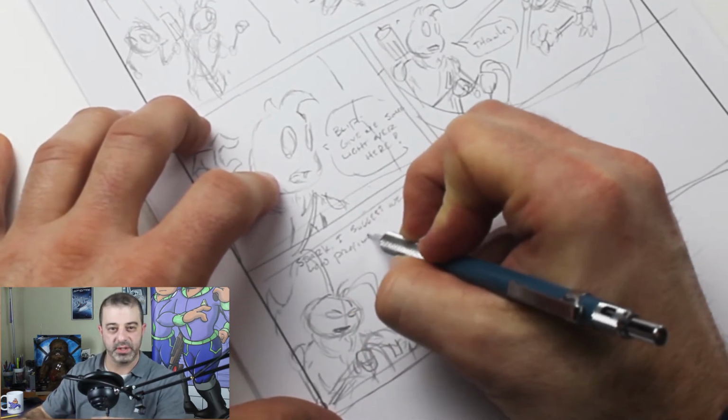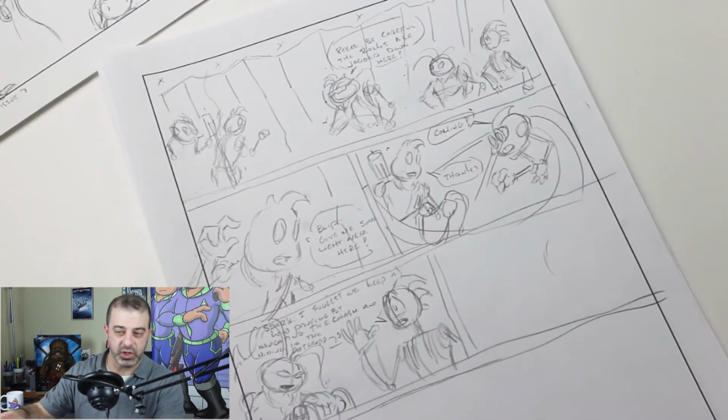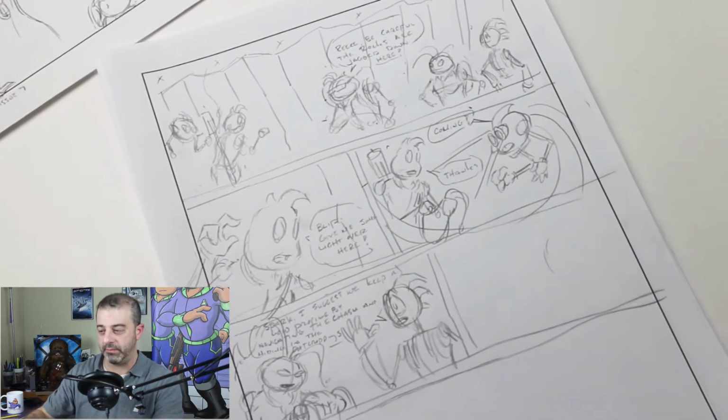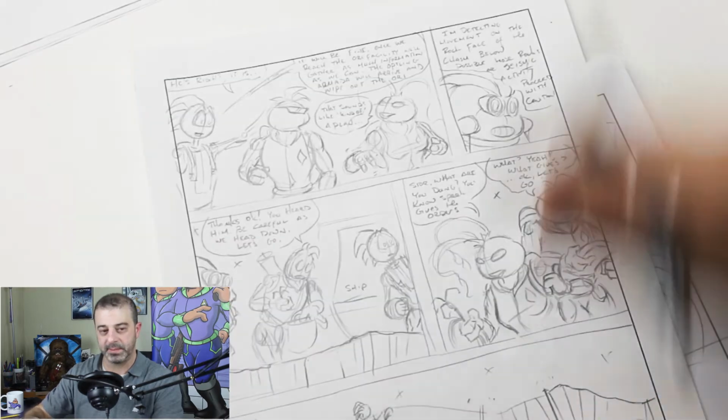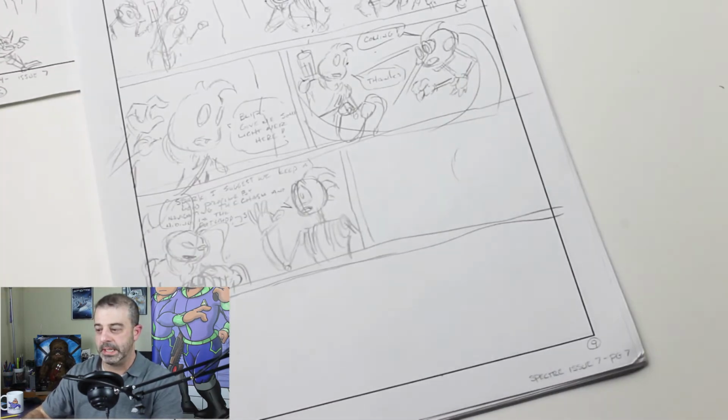I'm not somebody who uses a lot of dramatic angles unless it's needed. Some people put a lot of action by shifting panels. I'm pretty straightforward with my panels, straight lines. Sometimes I'll put some angles in there. I don't usually overlap panels. Once in a while I do, but